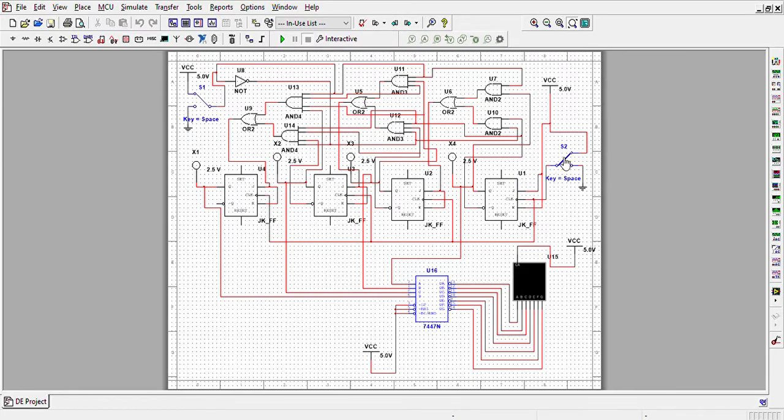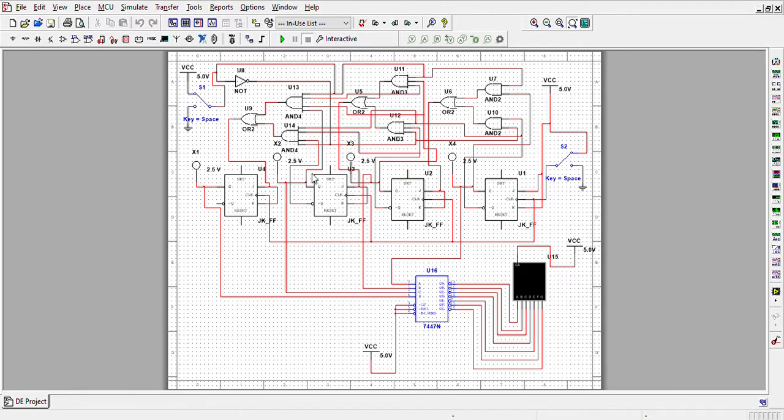Depending on the type of clock inputs, counters are of two types: asynchronous counter and synchronous counter. I designed here a 4-bit synchronous up-down counter. This is a synchronous counter, that means here we will give the same clock pulse to all the flip-flops at the same time. The flip-flops I have used are A, B, C and D, because we designed a 4-bit counter.